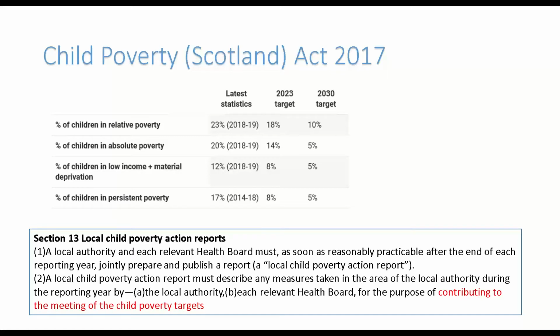And John McKendrick will go into that in more detail and probably with more clarity. But I also wanted to highlight that the duty on local authorities and health boards under the Child Poverty Act isn't necessarily to meet those targets in their local area. Some areas might already have surpassed the interim targets, some may have a lot further to go than others. And the legislative duty is rather to report on what is being done at local level, what local partners plan to do to contribute to the meeting of those targets at national rather than local level.